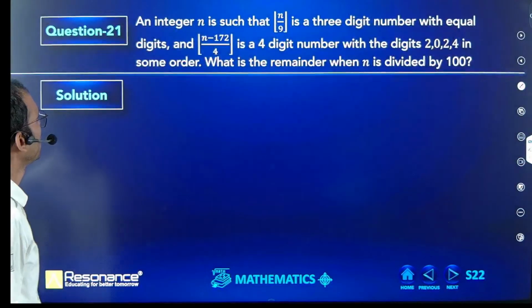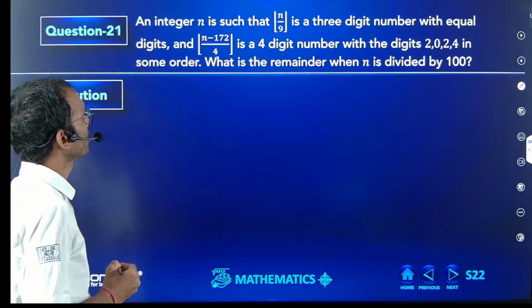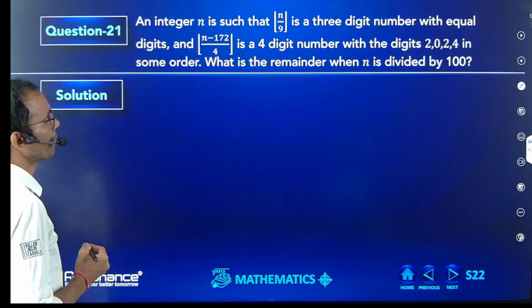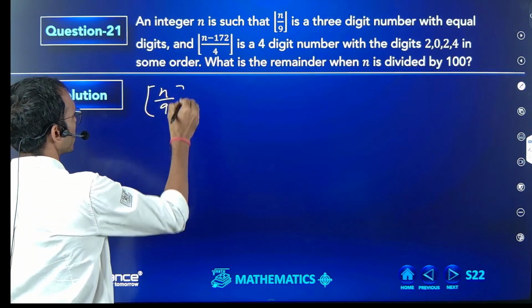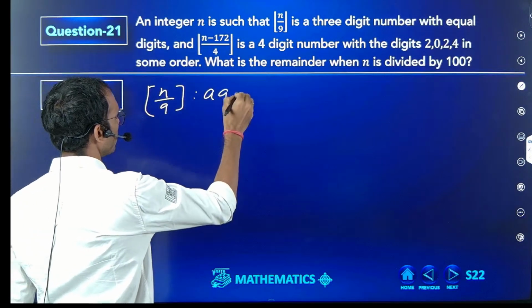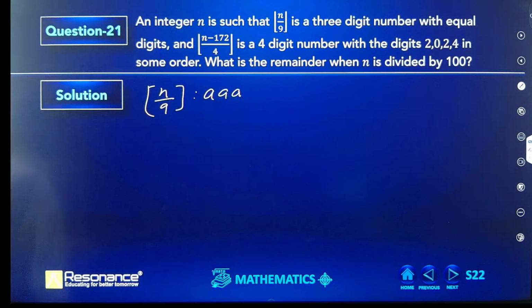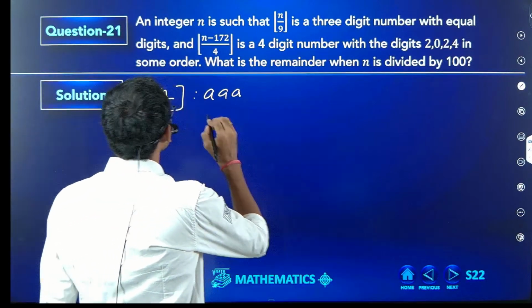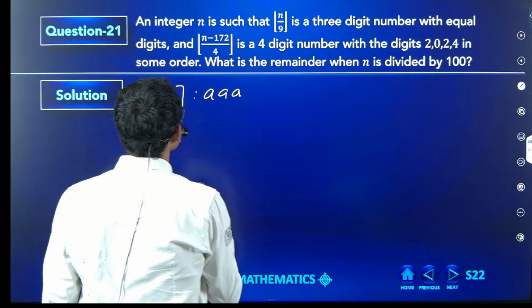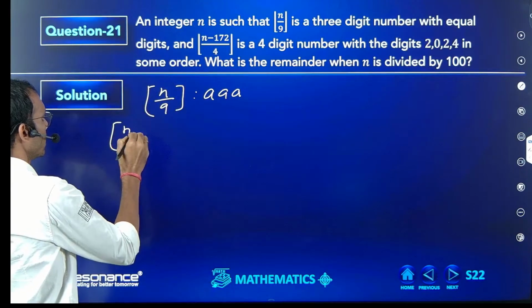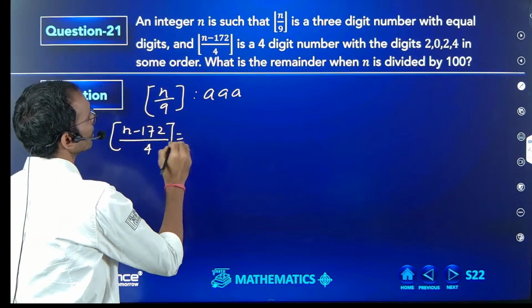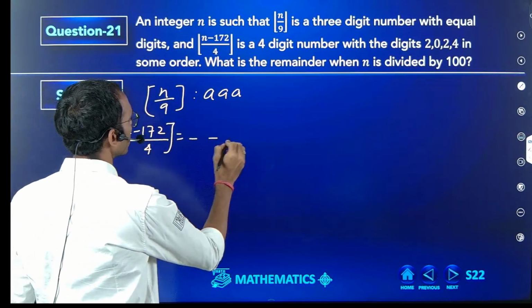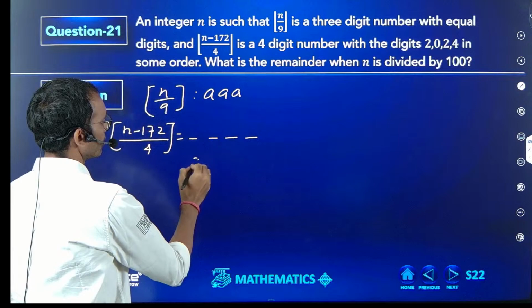Okay, next question: an integer n is such that the greatest integer of n by 9 is a 3-digit number with equal digits. That means if you find the greatest integer of n by 9, this number should be of the form aaa, all 3 digits equal. And one more condition is given: the greatest integer of (n minus 172) divided by 4 should be a 4-digit number formed by